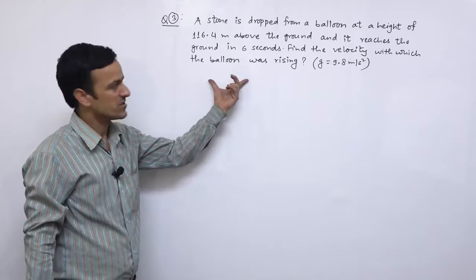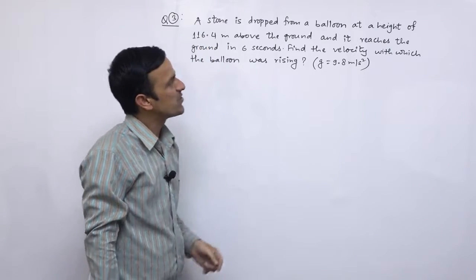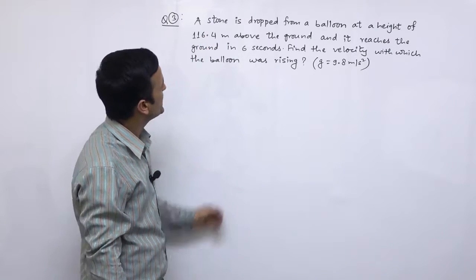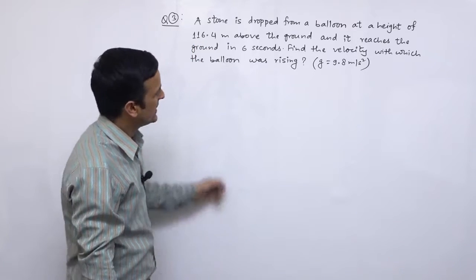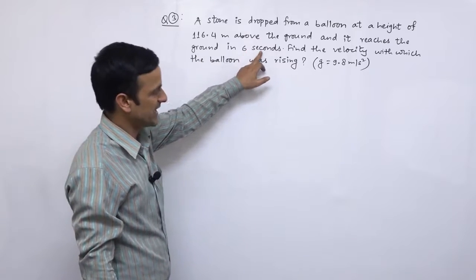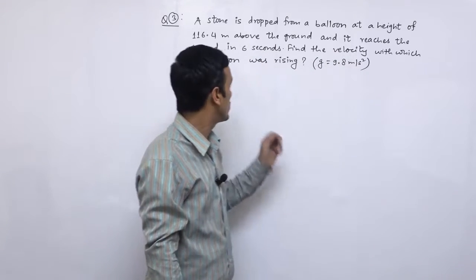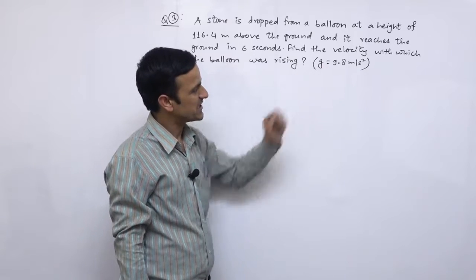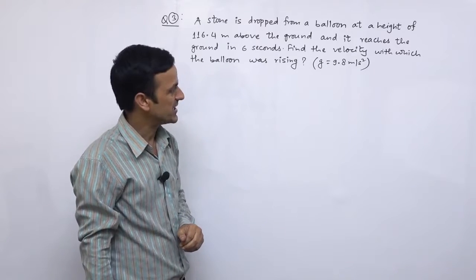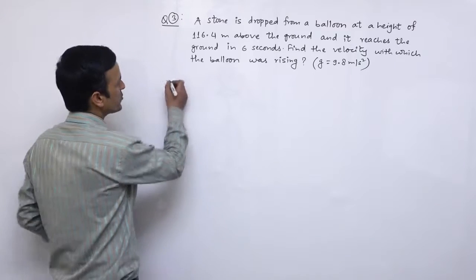So we have these questions now. A stone is dropped from a balloon at a height of 116.4 meter above the ground, and it reaches the ground in 6 seconds. Find the velocity with which the balloon was rising. So g is given here, 9.8 meter per second square. So in this question,